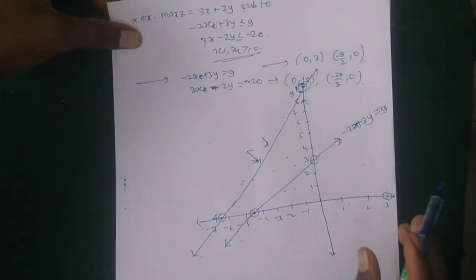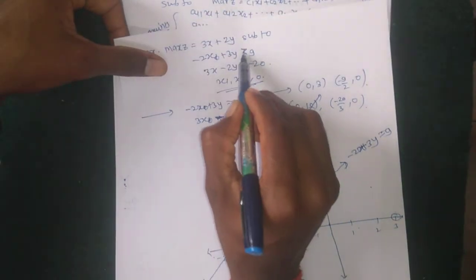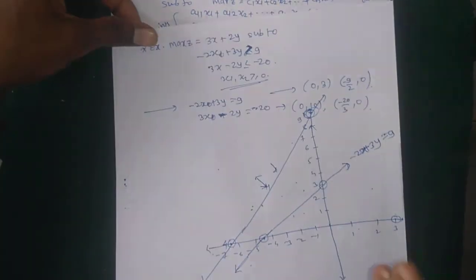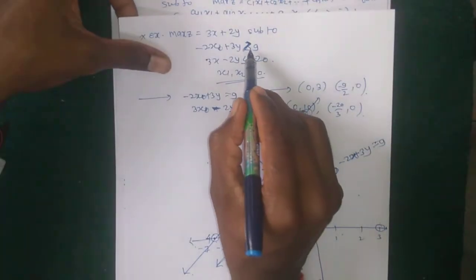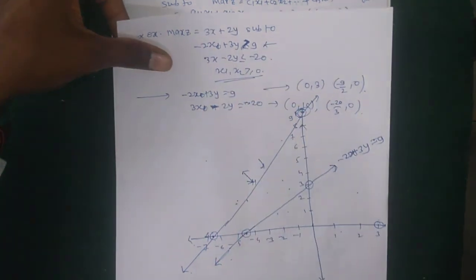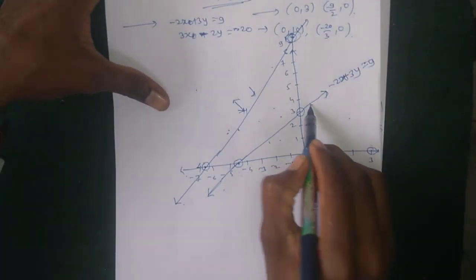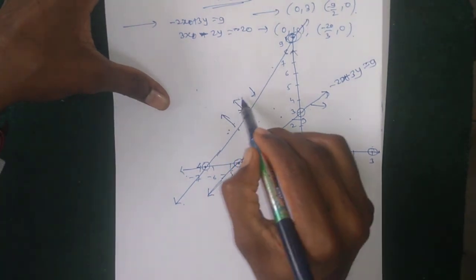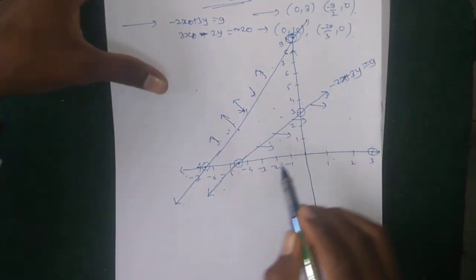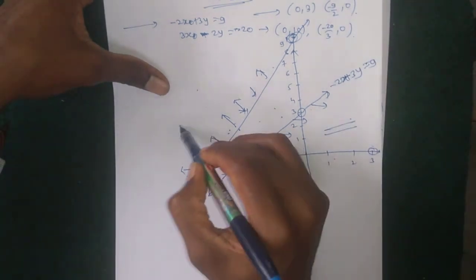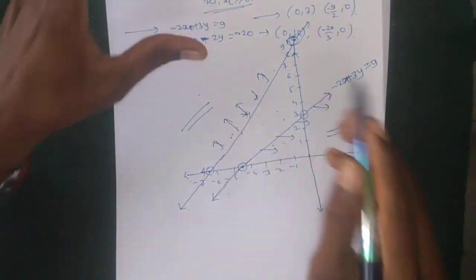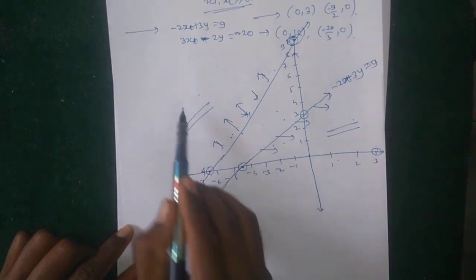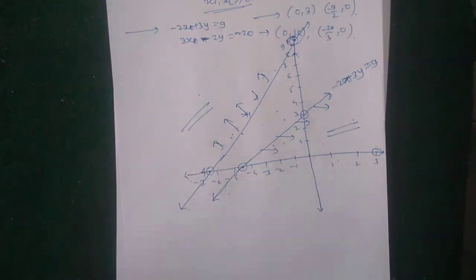Here suppose that this constraint is greater than or equal. Okay, for infeasibility, take this constraint as greater than or equal, then the region of this line is the below side and the region of the other line is the upper side. Therefore there is no common feasible region. Feasible region is the upper side of one line and the below side of the other, therefore there is no common region, and therefore the given LPP has an infeasible solution.